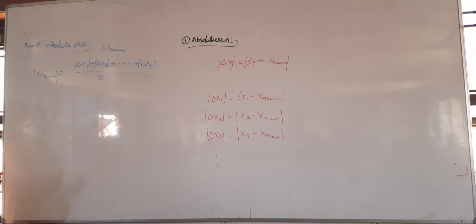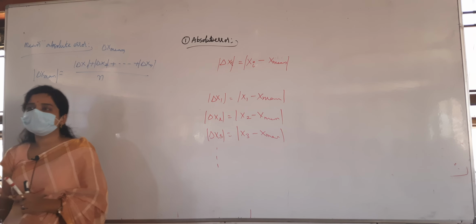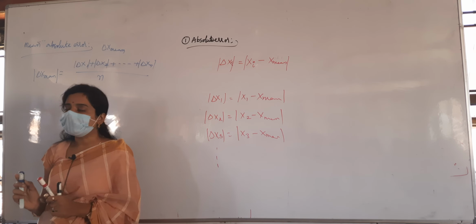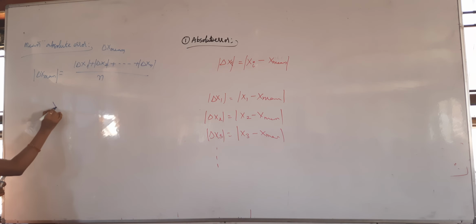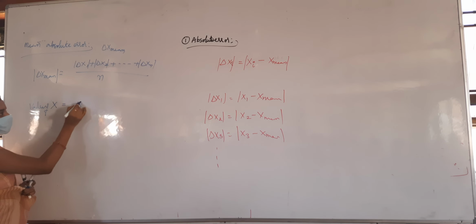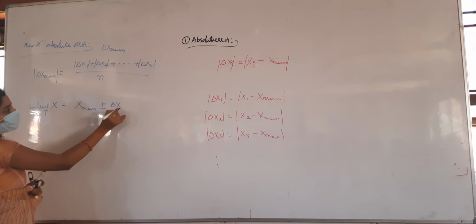And next one is, first of all, how to write the error. Any number you are noting, generally we will not consider any error, but always there will be error in the measurement. So how to write the measurement? For example, I have observed some value, that is x. How to write the value of x with respect to the errors? You have to write x mean plus or minus delta x mean.